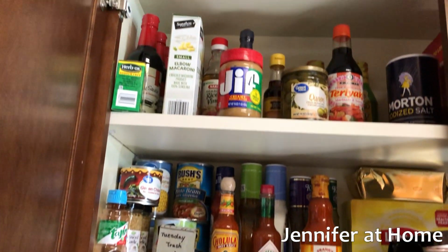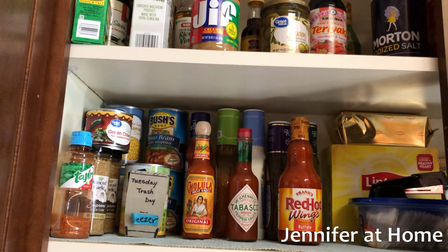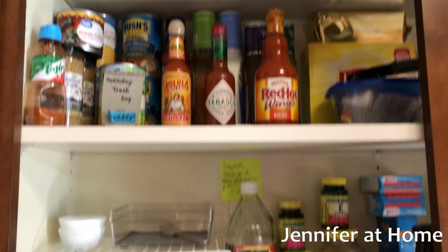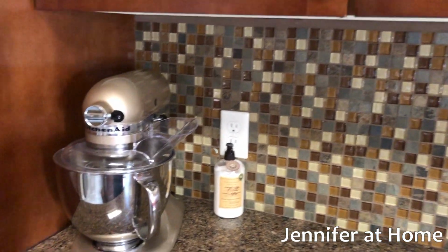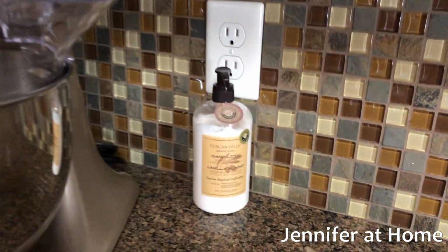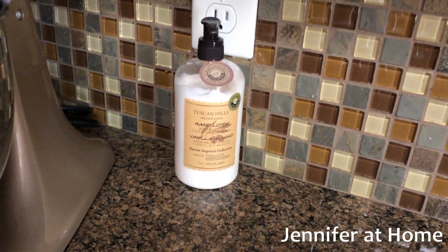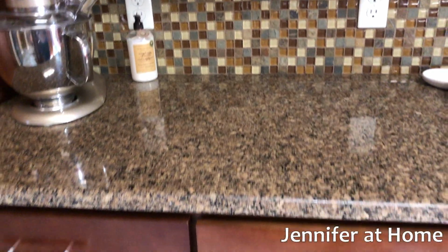And on this side, I just have everyday things that we use, baking supplies and sauces, seasonings, tea. Then underneath, I have vitamins. I almost always have my kitchen mixer on the kitchen counter because I use it so frequently. And then I always keep a bottle of really nice smelling hand lotion. Underneath,